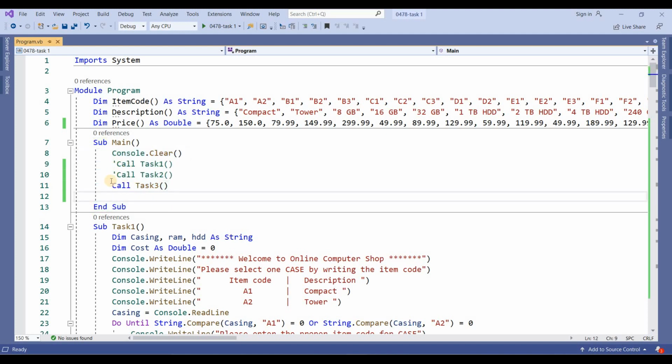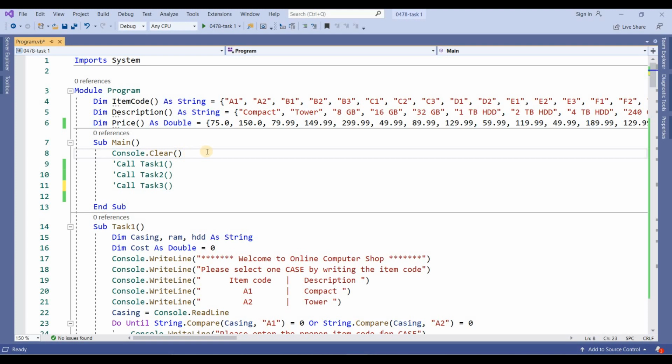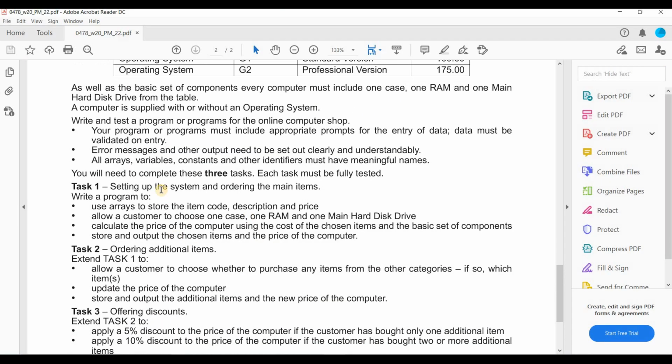Now what I did: I have written Console.Clear. It will first clear the screen. Now I am calling Call Task1 by using these three lines, lines 4, 5, 6. By using lines 4, 5, 6, I have given the answer to this question.